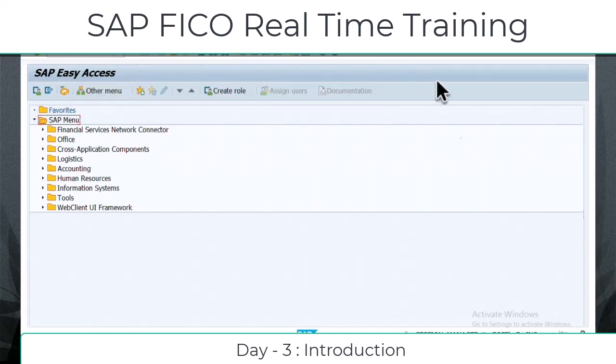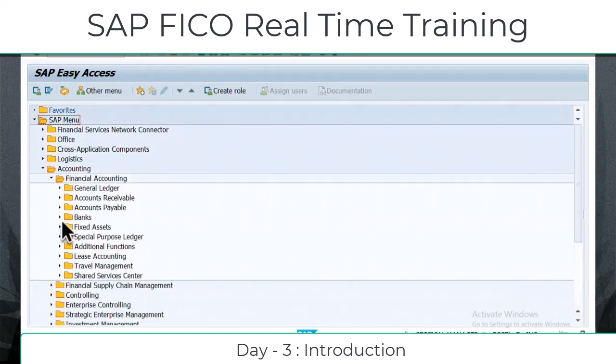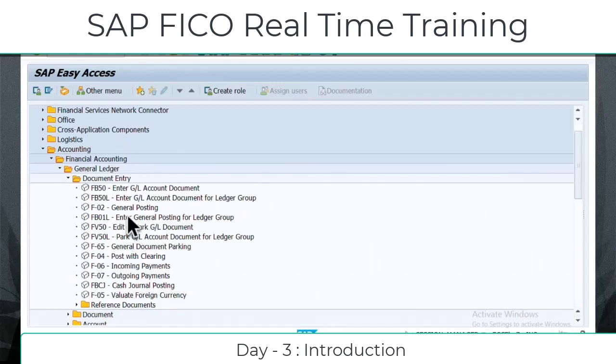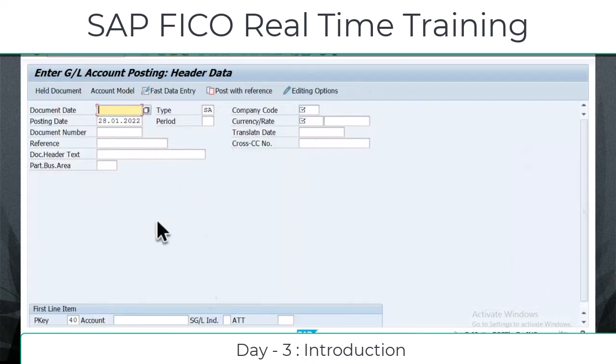The easy access screen is the front end. Front end means where the end users post day-to-day real business transactions, create master records and generate MIS reports. All those business activities will be posted in this front end. For example, this is the way the end users go to the respective modules and post the transactions. Understand? But before the users post transactions in this screen,